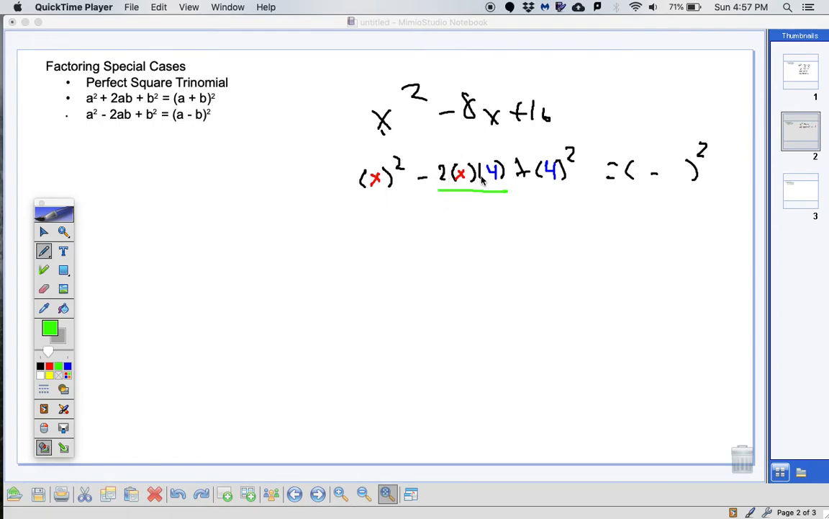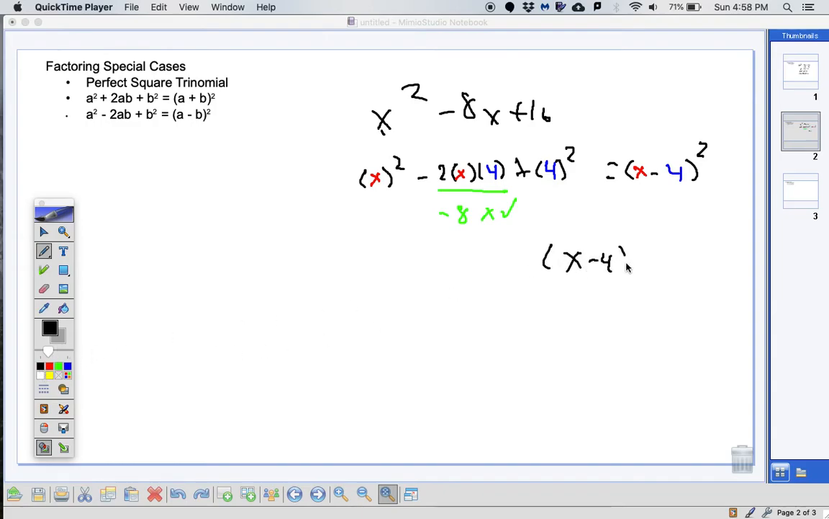Negative 2 times x times 4. We got the x. 2 times 4. So we do indeed have negative 8x. So this is our solution. And then when we multiply it out, the a ended up being x, and the b ended up being 4. So our solution, simply written, is